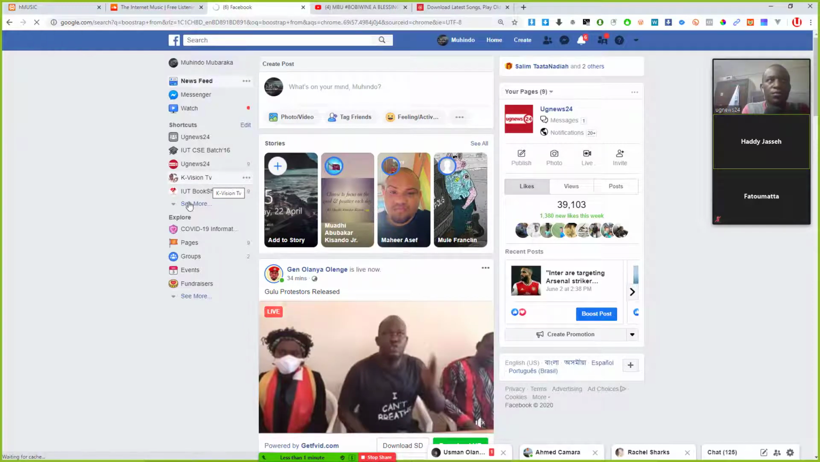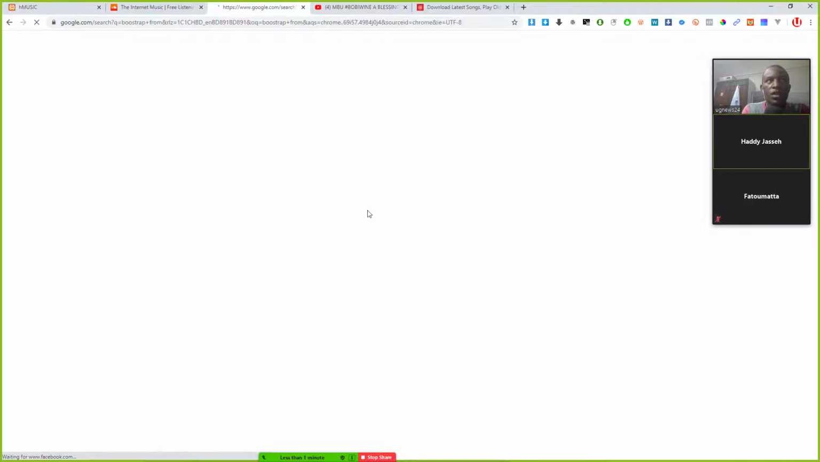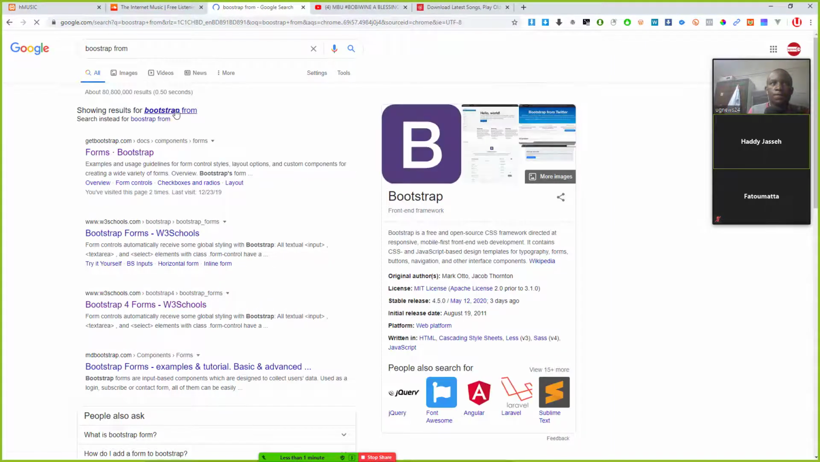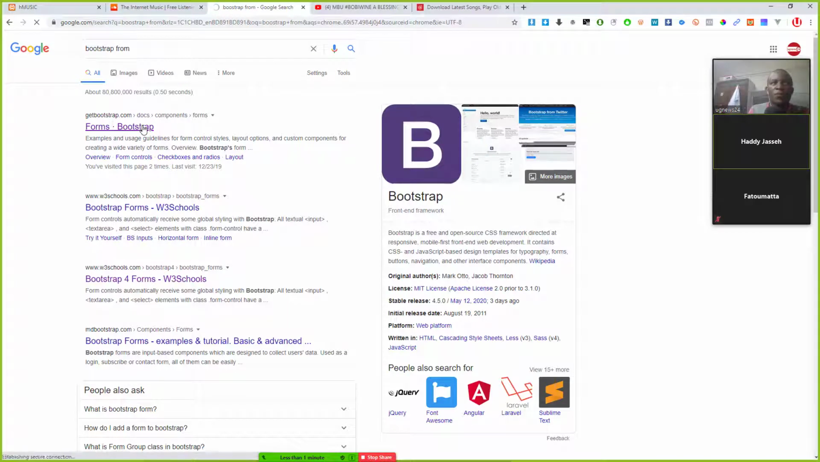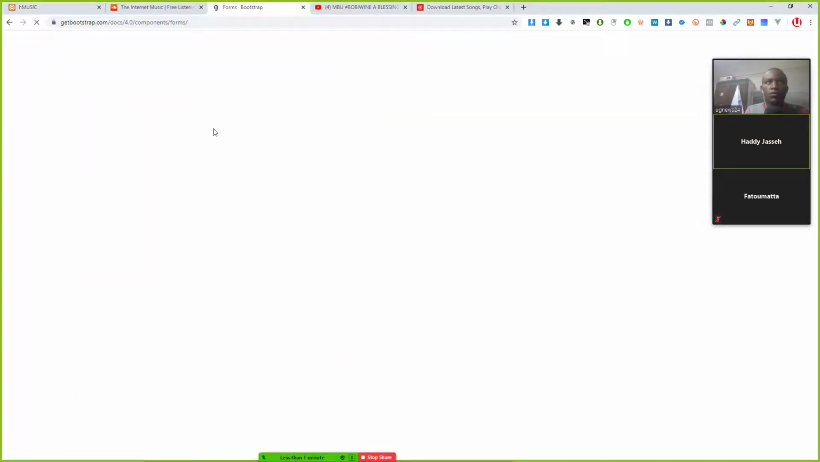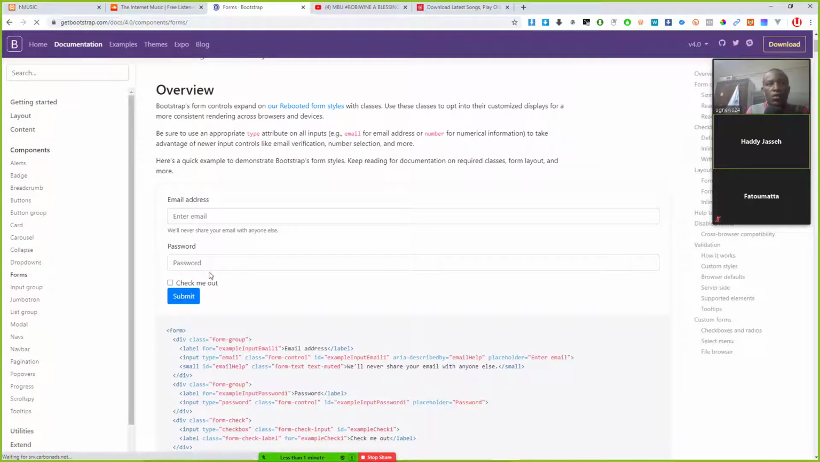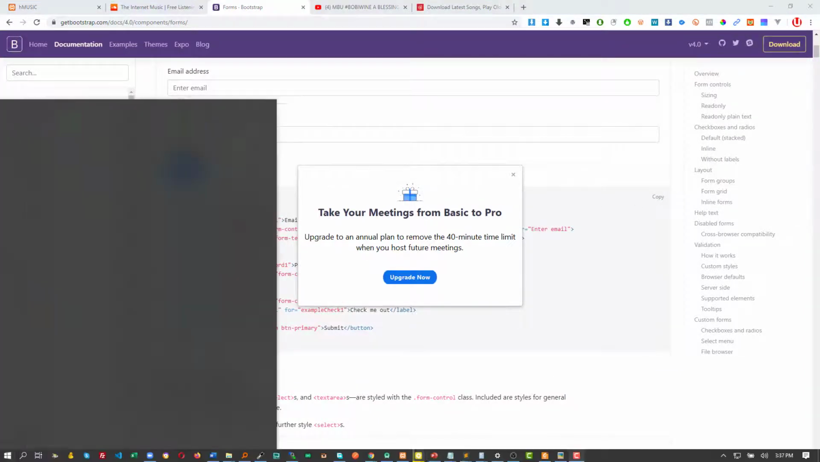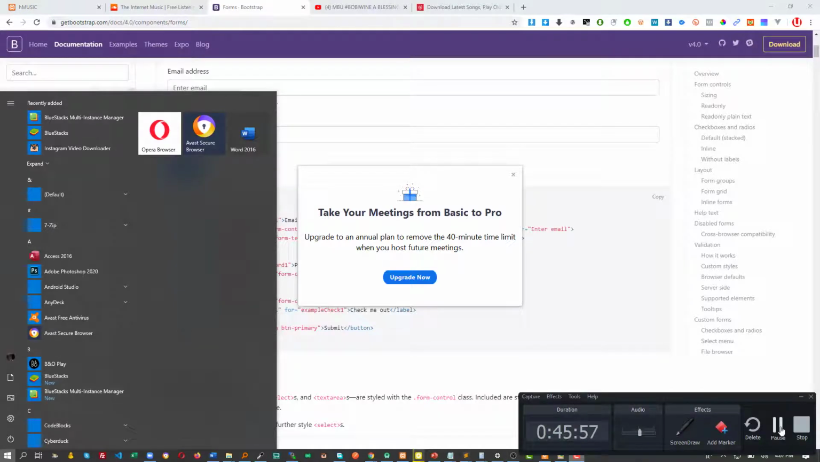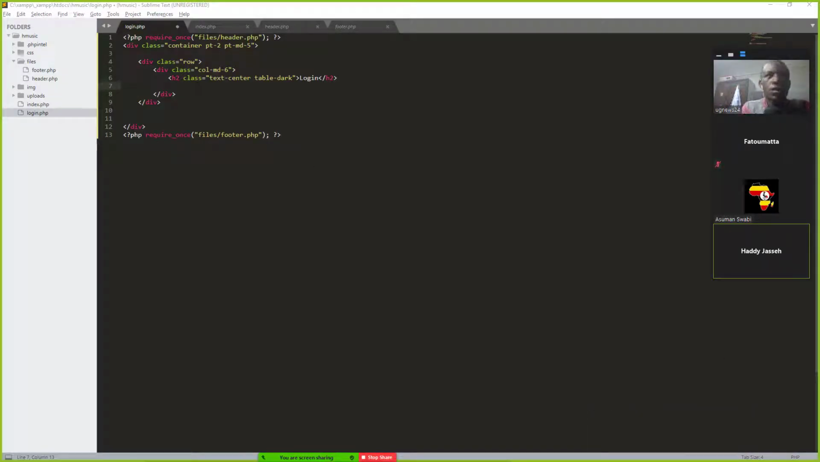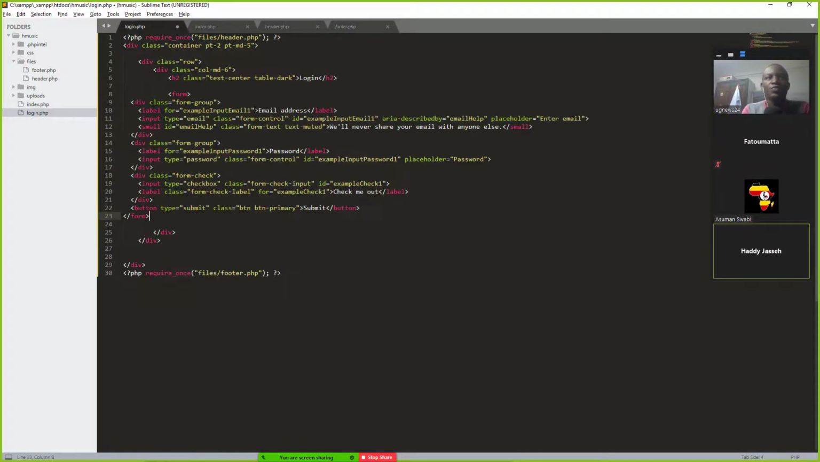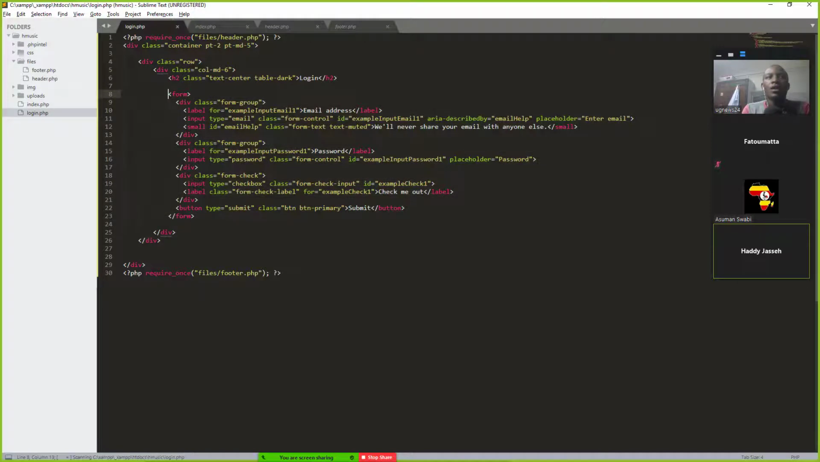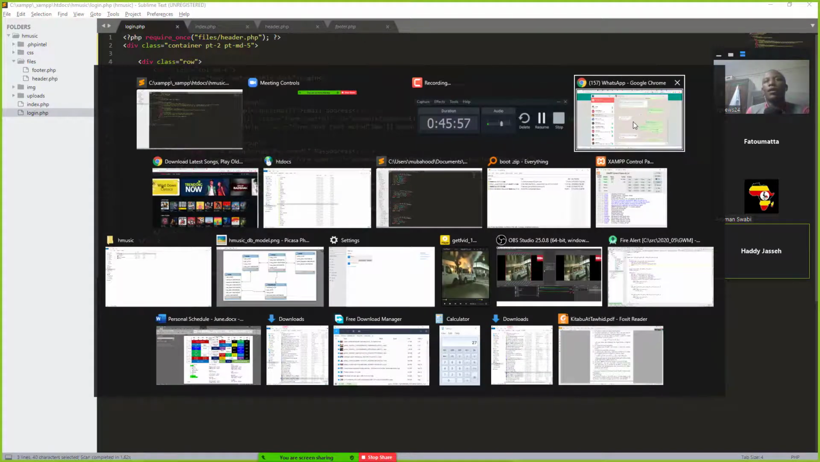Bootstrap form. Click on Bootstrap form. So without wasting time, I'll just come and take this one. So I just click here, copy. Recording, so in case you're lost, you can come back and rewatch. So I'll just paste this one, the Bootstrap form, and then if I come back to our project,